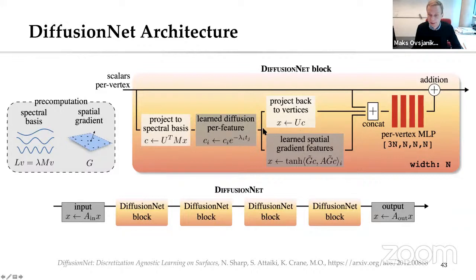Then we have basically these two things that happen. First, you compute the gradient of this diffused feature. This gradient is now a vector in the tangent space, and we have these learned scalings and rotations of the gradients, of these tangent vectors. So we basically take these learned features that are diffused, compute their gradients, scale them and rotate them, take the inner product between the scaled and rotated gradients, and then convert them back to a pointwise feature, okay?